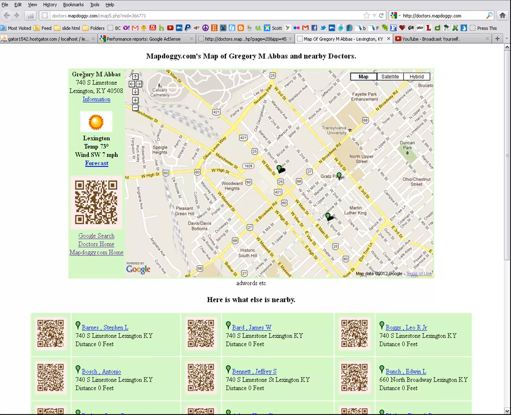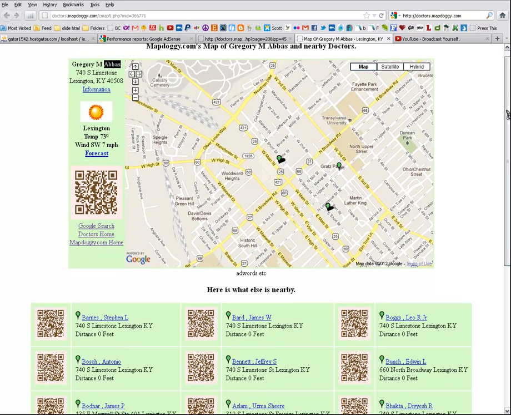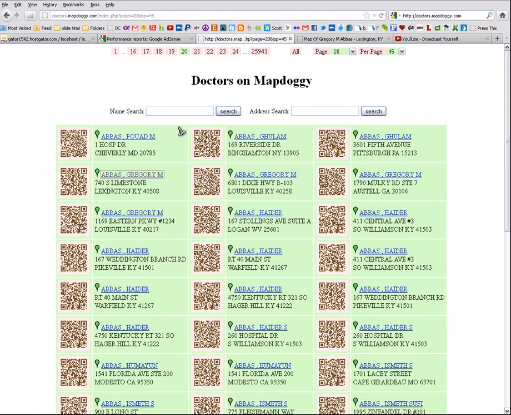But where we're concerned now is that I've broken it up into chunks, where instead of having Abbas, comma, Gregory, M, I can put the Gregory in the beginning, the M in the middle, and the Abbas at the end. So that's how explode helps you out,